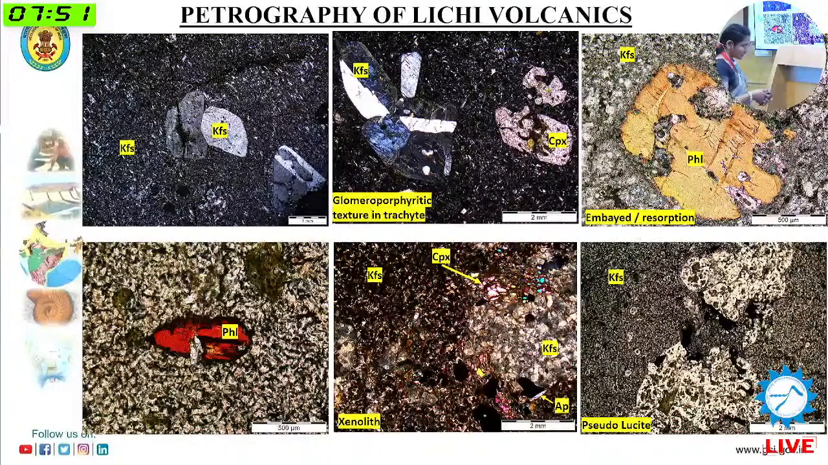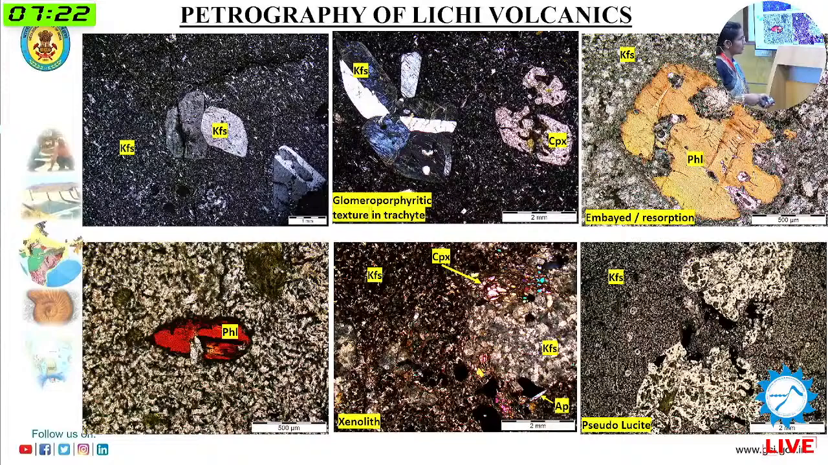In the second photograph, I try to show those phenocrysts which we get in these rocks. So these are the potash feldspar, and the groundmass is also full of potash feldspar. Here you can see the glomeroporphyritic texture, and here the CPX are preserved, and here the phlogopite is also preserved with the potassic material. Here the phlogopite is oxidized and the ilmenite rim is there,